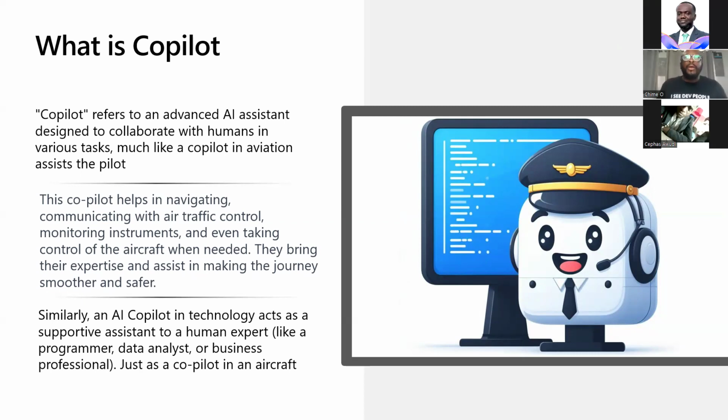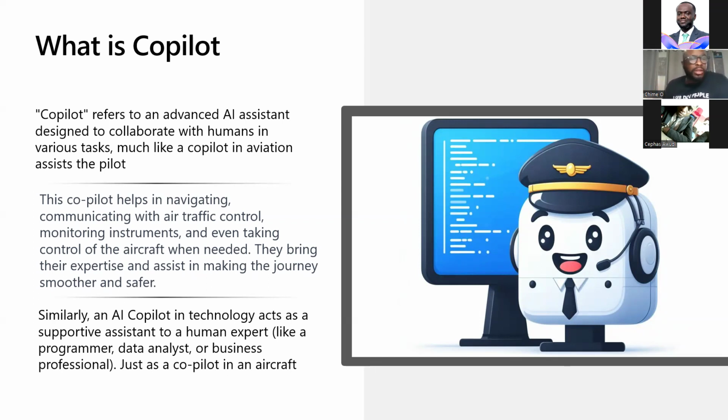Similarly, this AI Copilot technology acts as a supportive assistant when it comes to our data analytics, our businesses, helping us do all those mundane tasks, assisting with complex tasks, and enhancing our decision making.